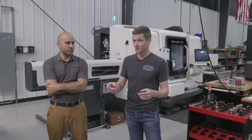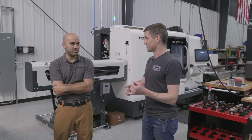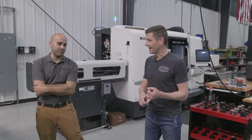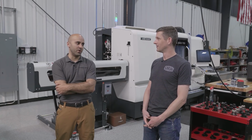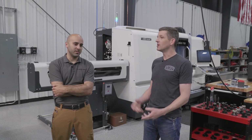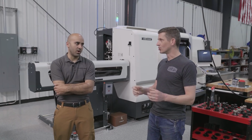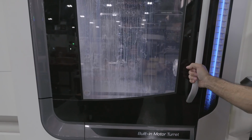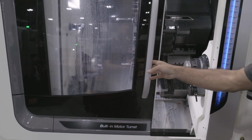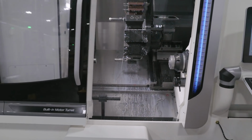Having sat next to the machines for a while, they're silent. Dead silent. Might have been the biggest selling point is the integral spindle motor. Even when they're in the cut, you can just tell how beefy these things are. Next to watching fixturing, the second coolest thing I think is looking at how you tool up a